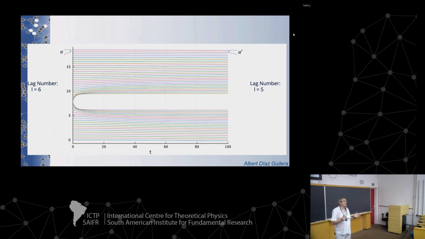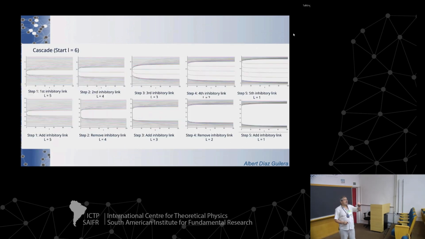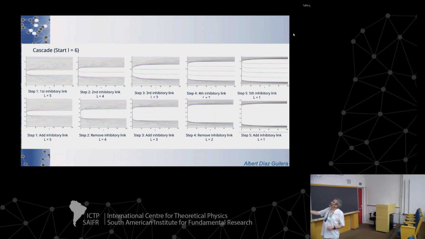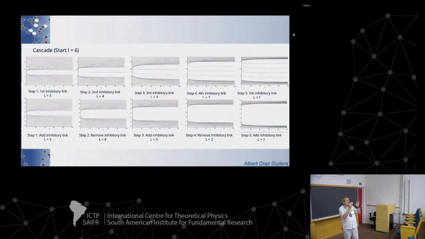It's just a fixture. Okay? Then you see, if we look at how we make this cascade of different perturbations, this is what we get. So we make this hole in the middle. We add the link, remove the link, add the link, remove the link, add the link, remove the link, and eventually we are reducing this lag number, because these phase differences have to be interpreted in the proper way, and at the end we get a system which is completely synchronized.